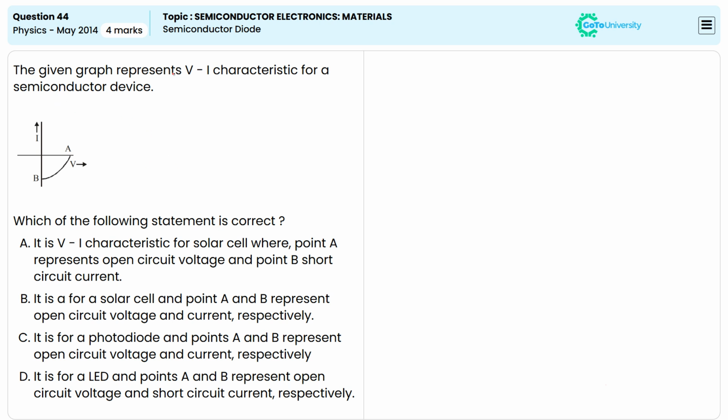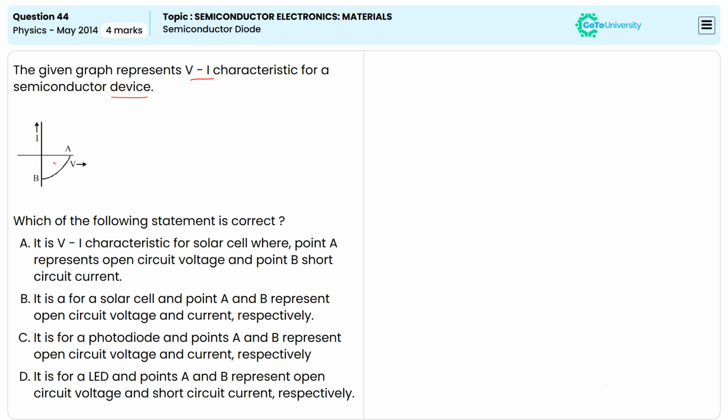A given graph represents the VI characteristics for a semiconductor device. That means voltage and current characteristics. Here the y-axis represents the current and the x-axis represents the voltage. By observing this curve,